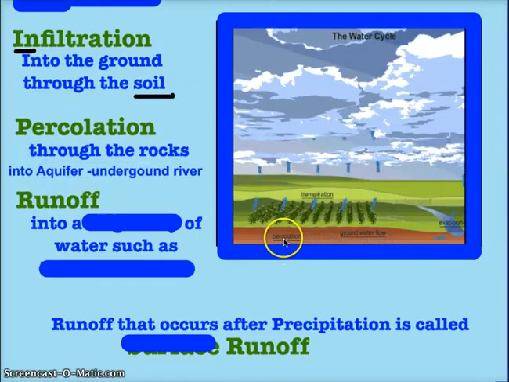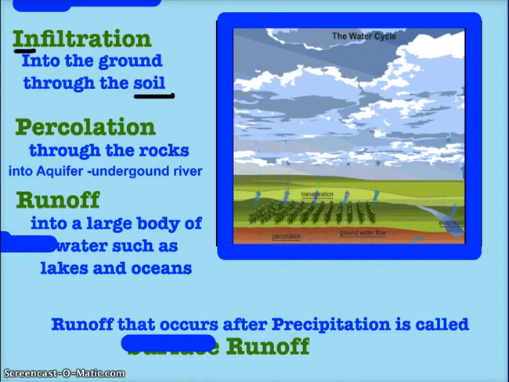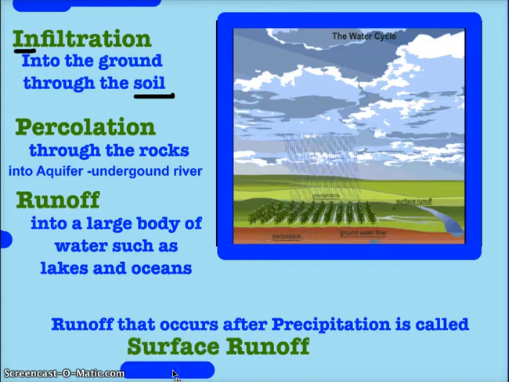Here's water showing percolation, and then water flows underground because it's an underground river, and then it flows into this body of water, which is usually a large body of water like a lake or an ocean. So aquifers connect or find large bodies of water. Now, if you look at this diagram, there's transpiration happening, evaporation from the body of water. When water comes down as precipitation, it can flow on the top of the ground into a large body of water, and that's called surface runoff.